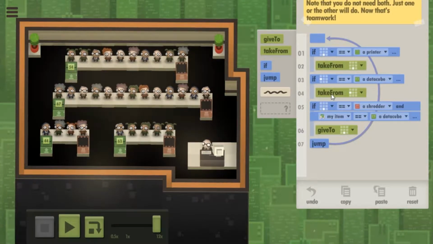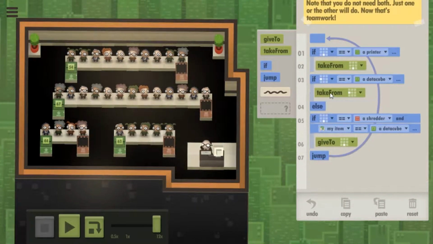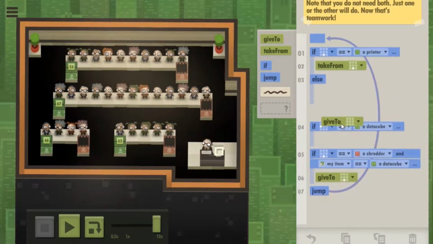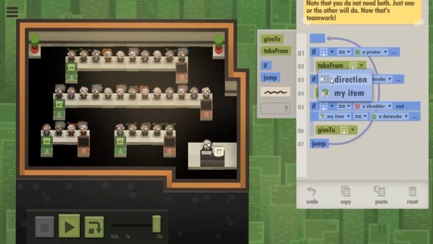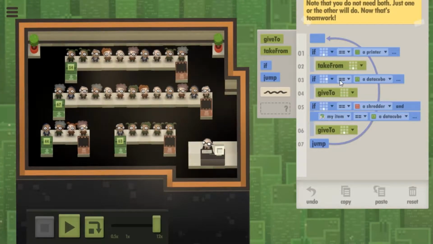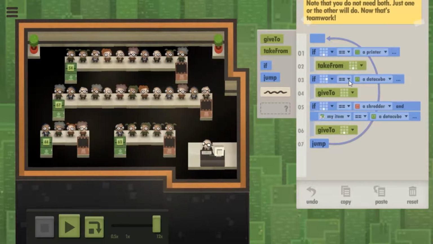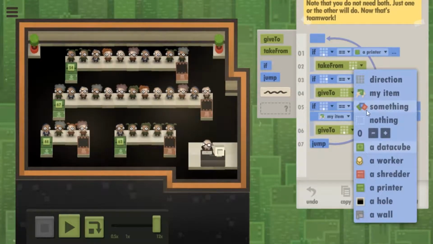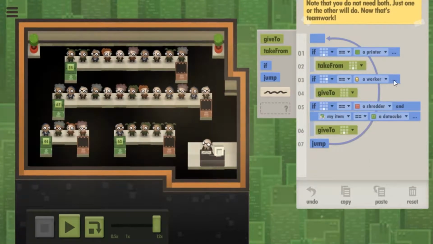Well, in that case, it seems like give to should be the right thing to do. Yeah, because then you can check that. Was it give to that we were doing when it was fastest? No, I don't think so. It was, yeah. Okay, if there is a person to the right, then give the thing, and you have something.